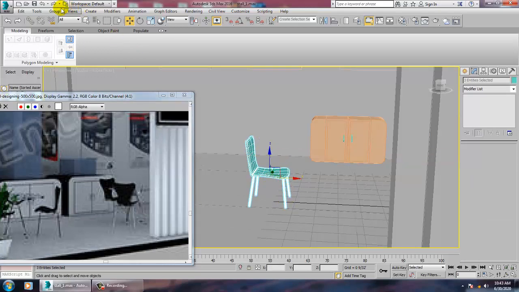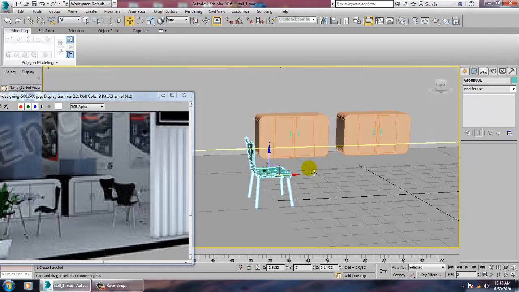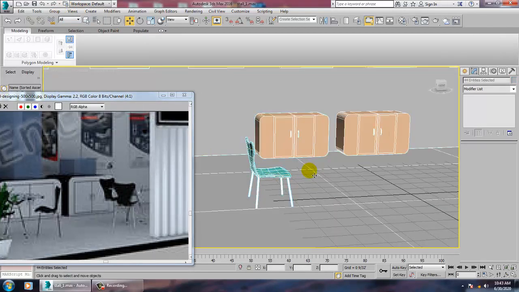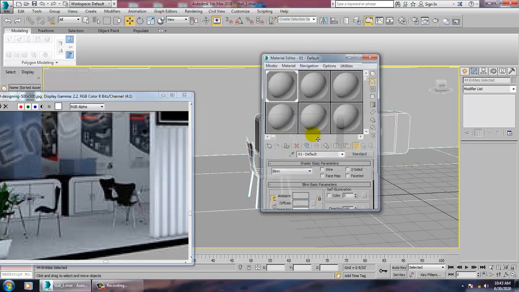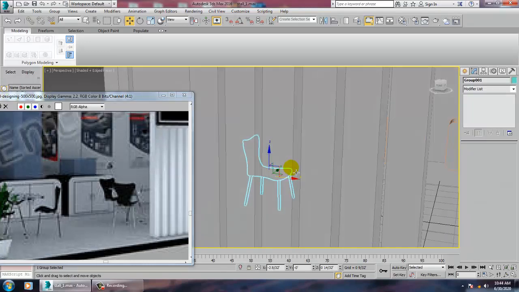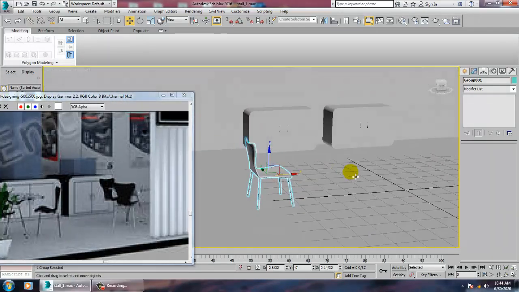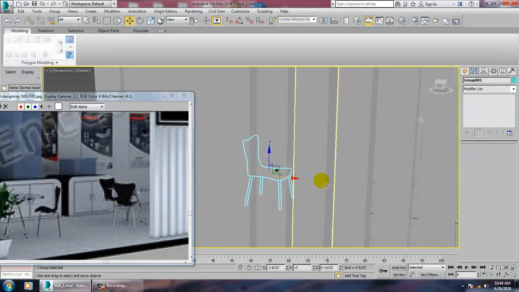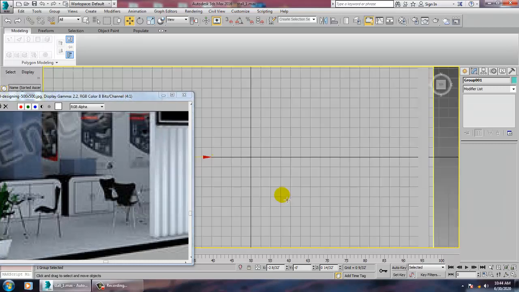So you can just group this, save your file. Let's give a plain material to it. Can just scale this.